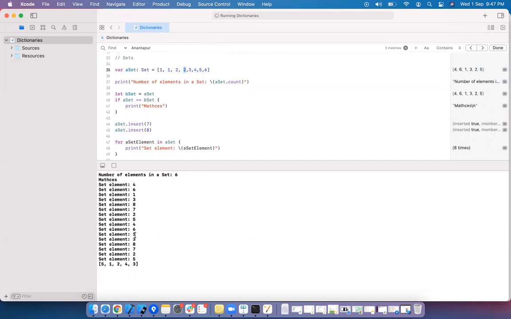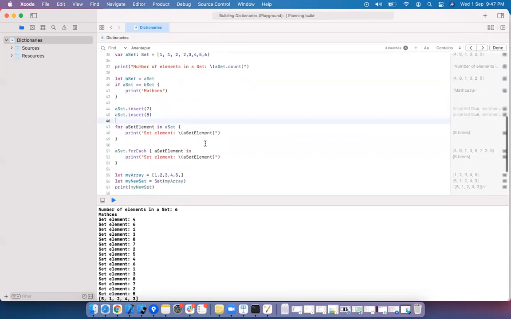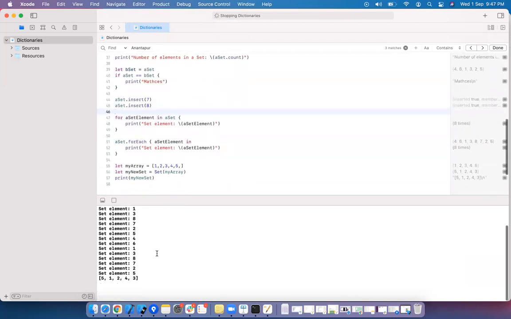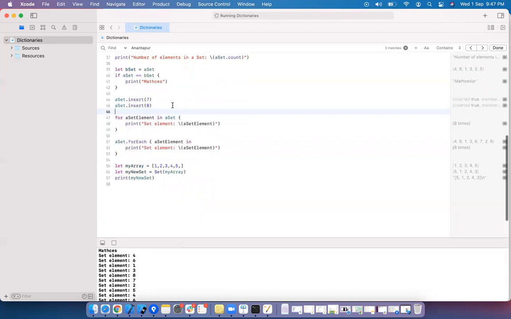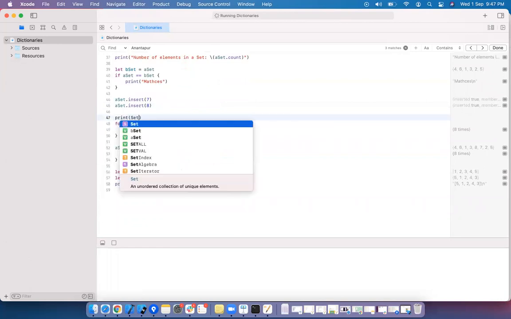Whenever you are printing, if you see, let me print a set here. Insert 7, 8.